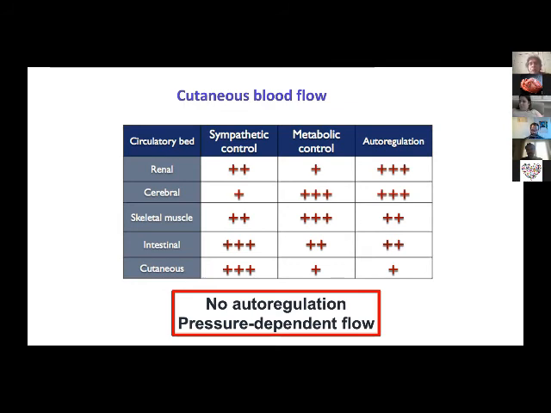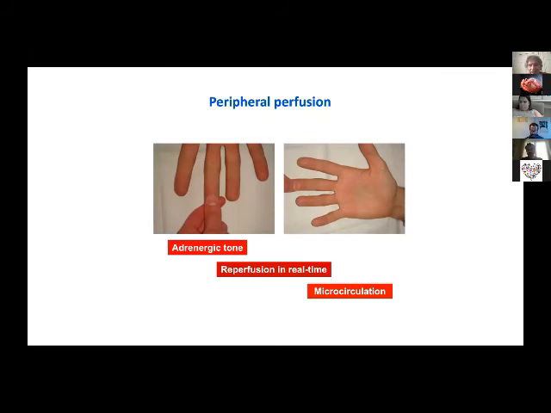It has no autoregulation, no metabolic control compared to other territories that are more complex. So if systemic blood flow decreases, if perfusion pressure decreases, the skin immediately becomes vasoconstricted because of low flow, and also because of the adrenergic tone. So the skin behavior during resuscitation represents adrenergic tone. In one sense, if you restore flow, adrenergic tone decreases, but it also represents a very interesting,